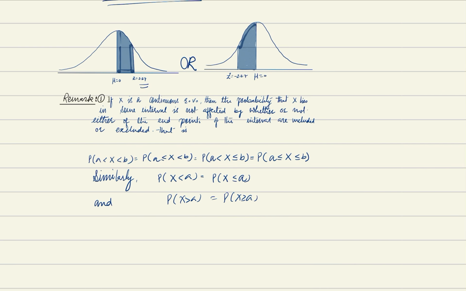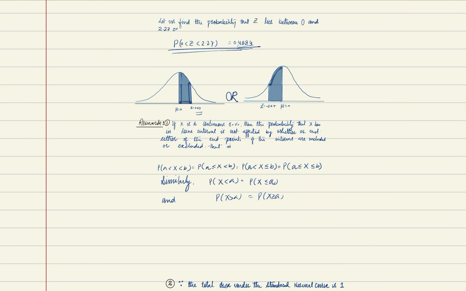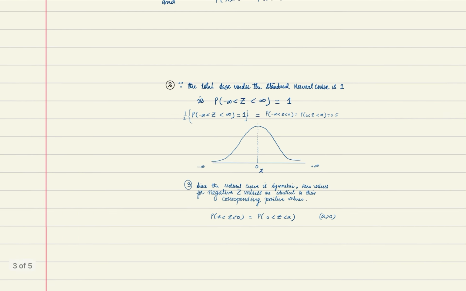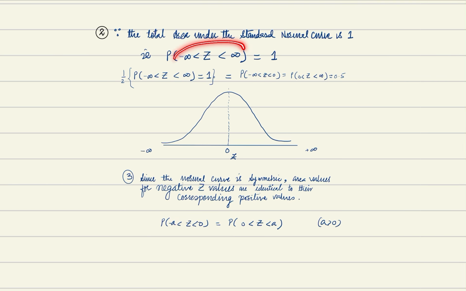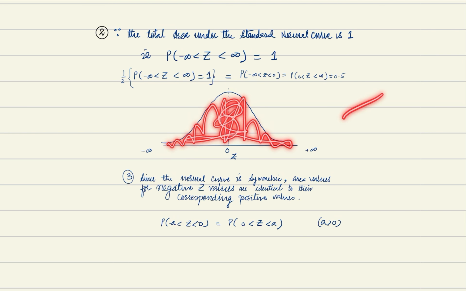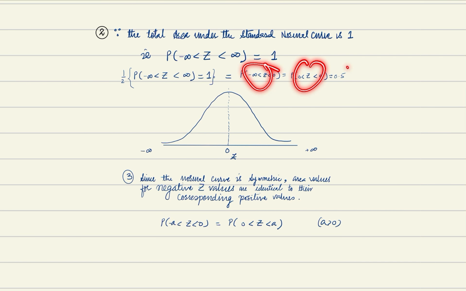इनफाइनाइट में कोई भी फाइनाइट नंबर पॉइंट्स आप जोड़ दो घटा दो फर्क नहीं पड़ेगा. So that is the logic, I mean we are using it. In fact this logic we use in case of limits as well. So please remember that. Now we see the probability of the standard normal variate is always 1. I mean the area under this curve, this is 1, this area is 1, that is the meaning. So if it is 1, then the half of this will be half of 1, so its value will be half.